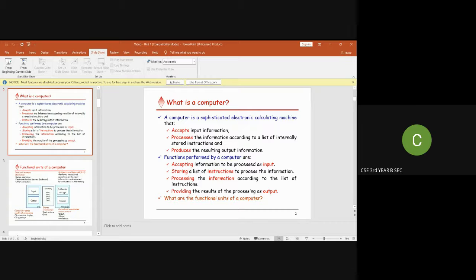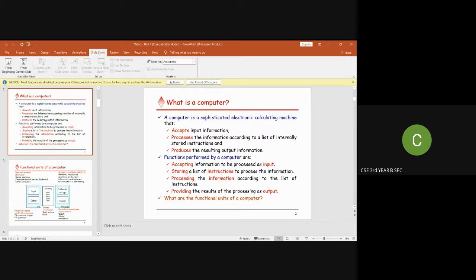Based on the instructions given to the computer, it should process the input and provide the output. The result is provided as an output to the user. So, in order to do all these functions, accept, store, process, and provide the result,